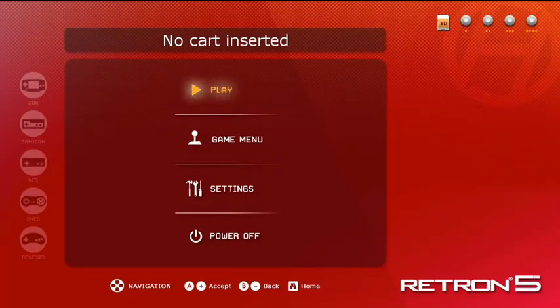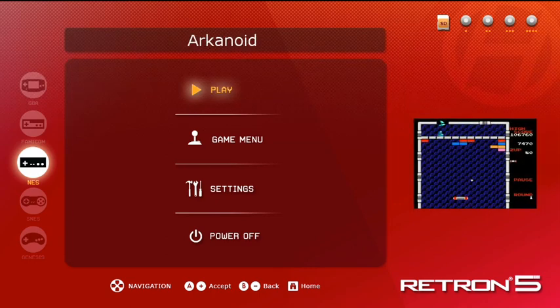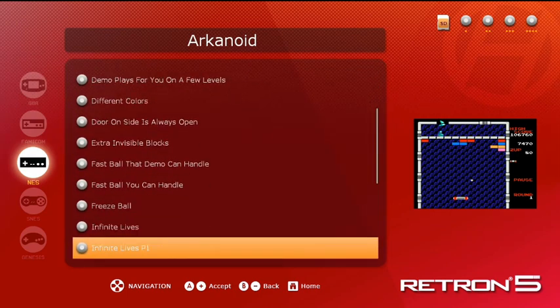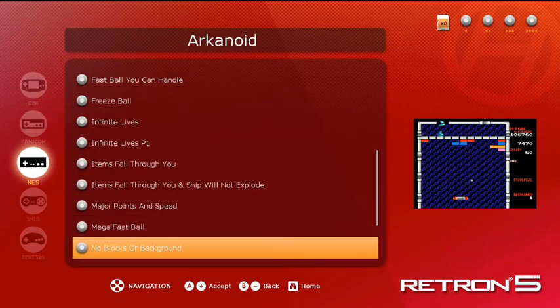This is the menu screen for the Retron 5. You put a game in. In this case, I'm putting it into the NES slot. Boot it up. Boom, we got Arkanoid. There are some different things you can employ here, so just bear with me. I don't want to do infinite balls because then that's just too much. I don't know if there's a way to get like 50 lives or something because the game is really fun, but